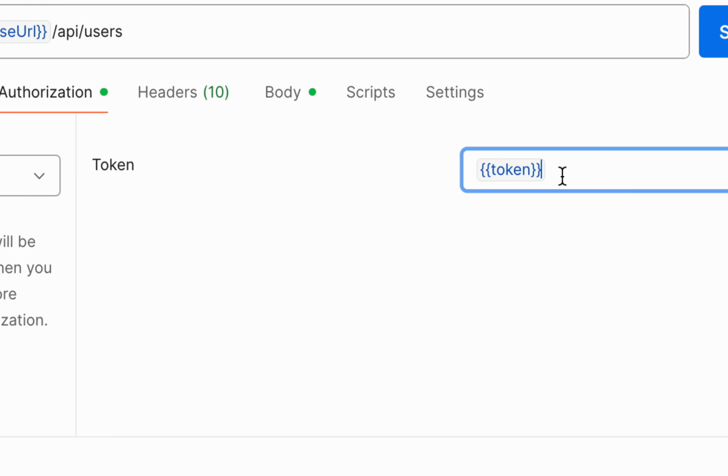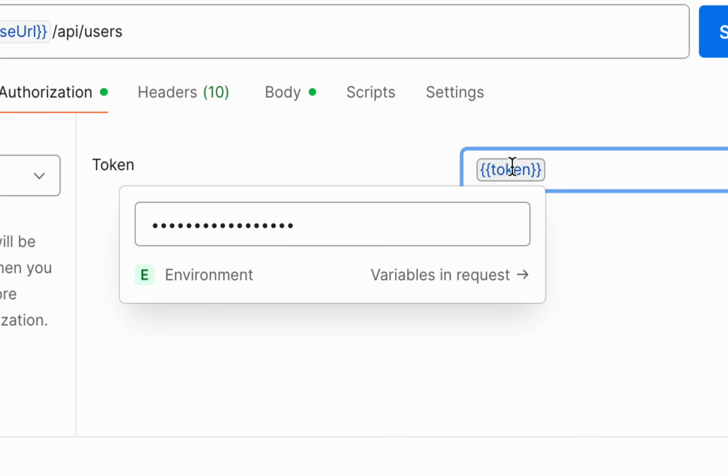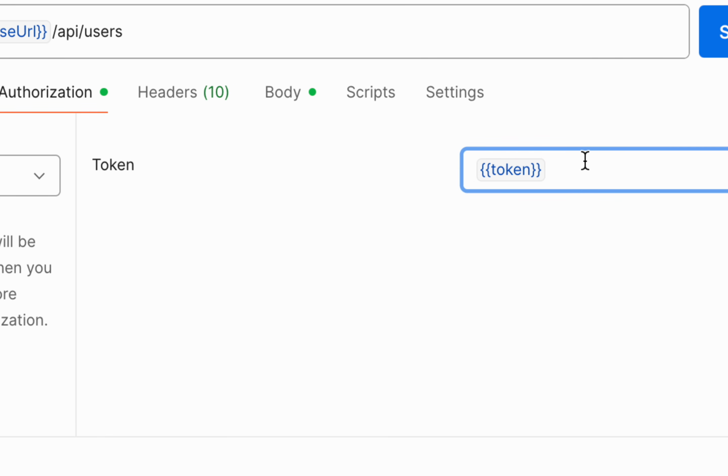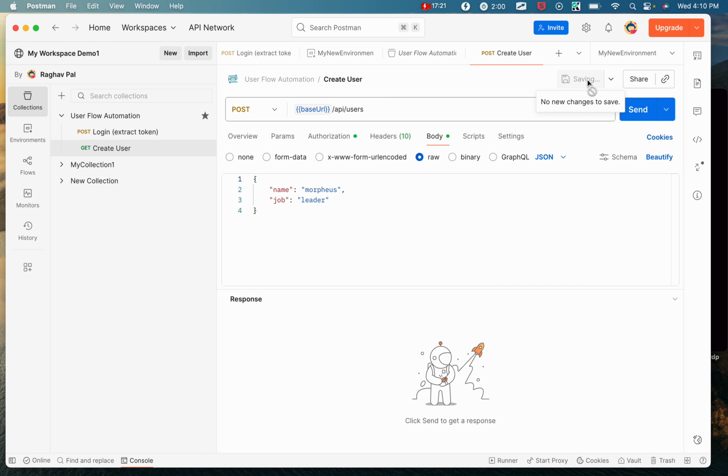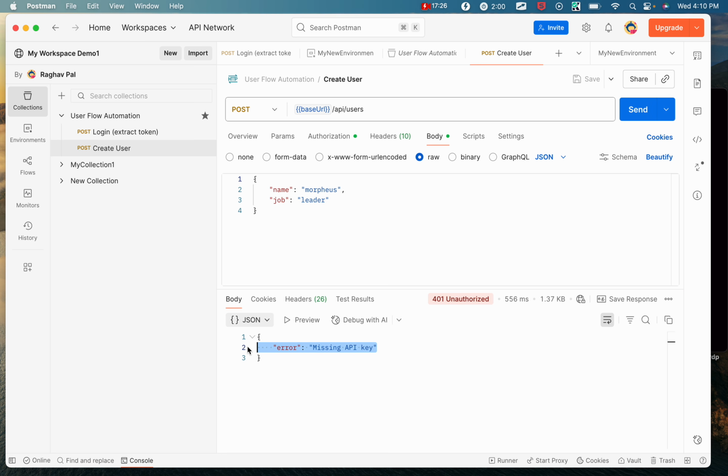and here you can just refer the token from the environment variable using the same syntax, that is put the variable within double curly brackets, and you can also check it is referring to the token. Alright, so this is done, and you can now save and run this request, and again error messaging key,